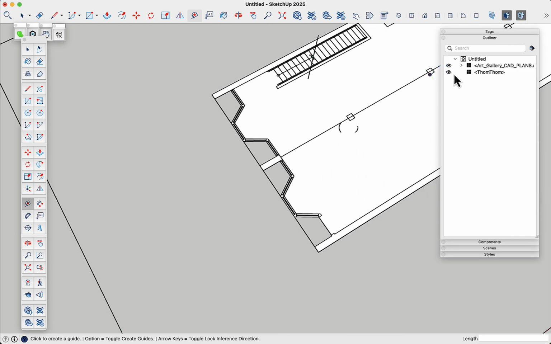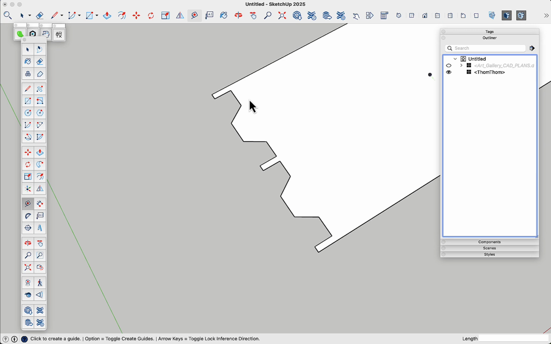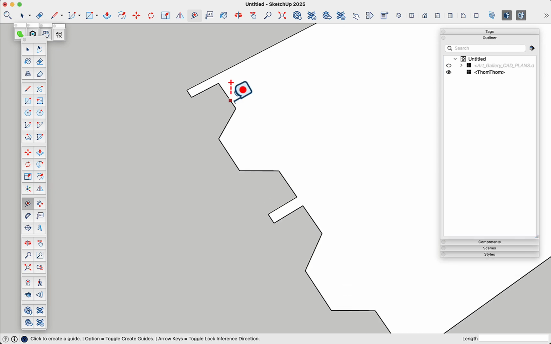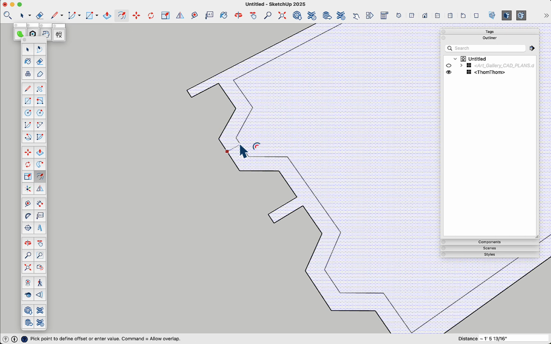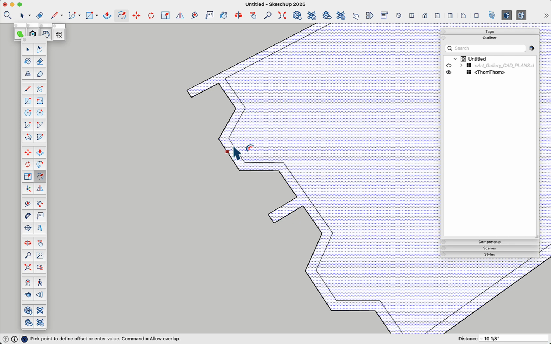So I think I might create a separation or come in here and select just those perimeter objects and use my offset tool. Nope, that didn't want to work. Okay, so I'll just go ahead and offset that whole face 6 inches,